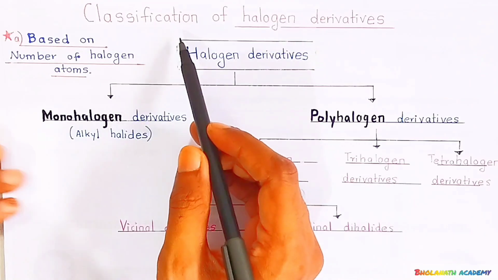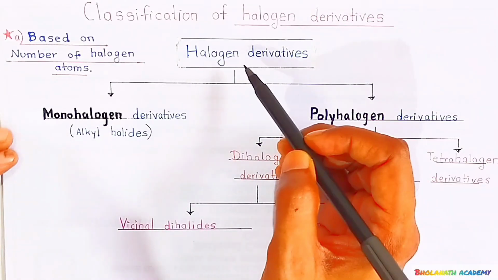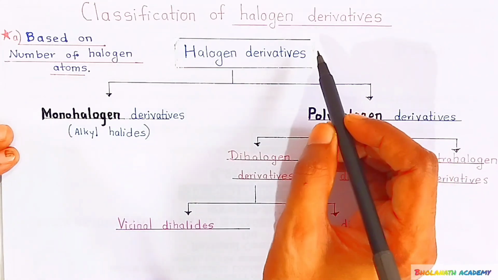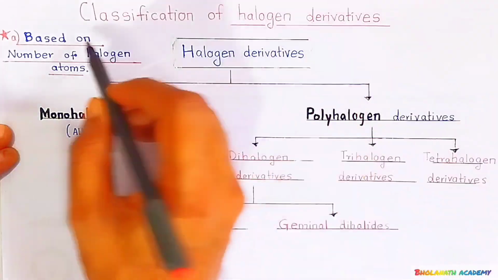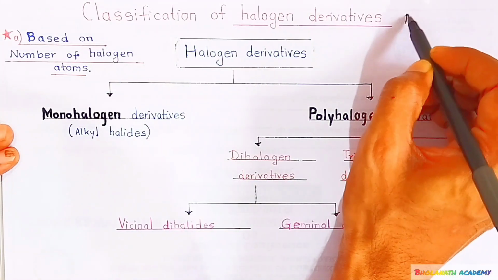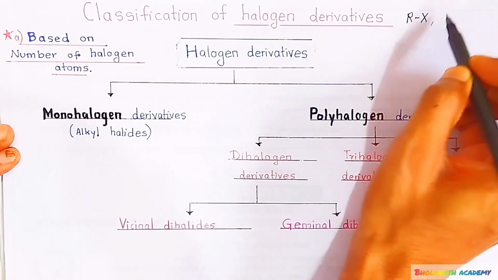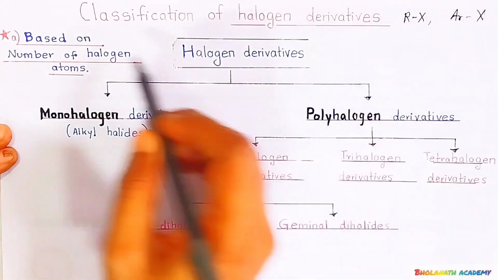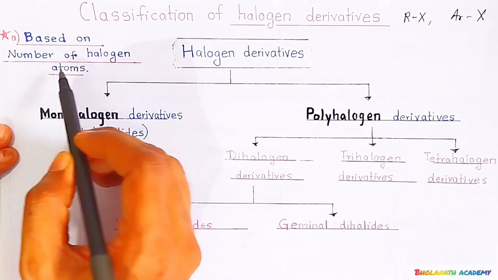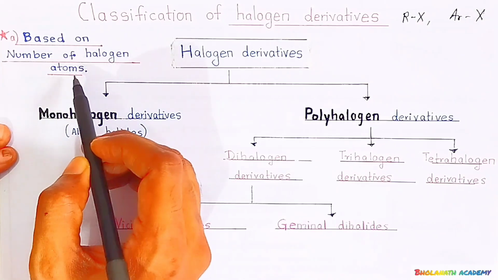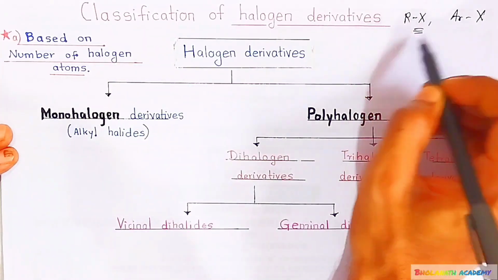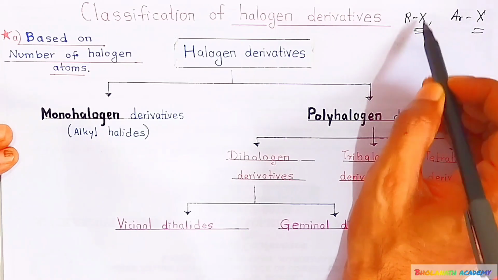We are going to classify the halogen derivative. Once you have got the halogen derivative, students, how are you going to classify? Understanding, students? Now we are going to classify the halogen derivative, whether it is aliphatic halogen derivative or aromatic halogen derivative. How are you going to classify? Based on the number of halogen atoms. Now how many halogen atoms are present in the compound? Based on number of halogen atoms